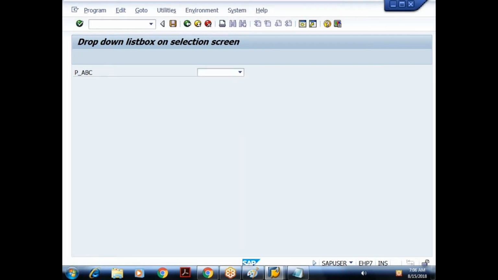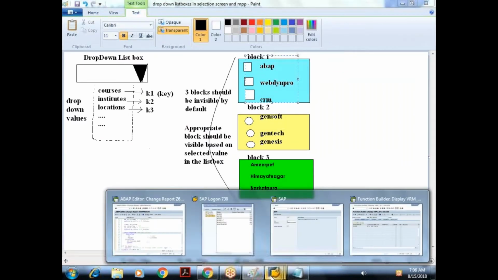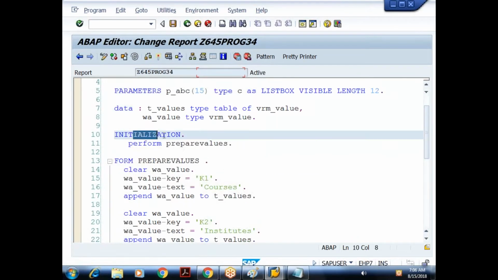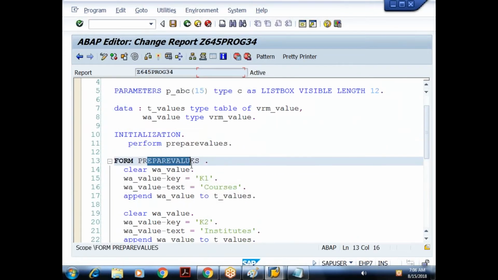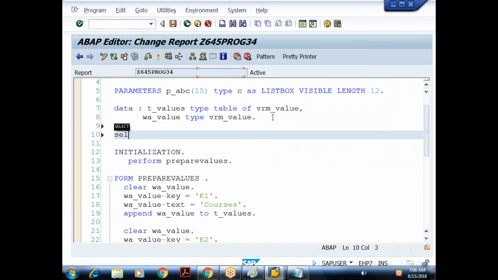This part anyhow we have discussed in the last class also, how to call this particular function module. What are the other elements we require on the selection screen? We require some three blocks. So let me quickly construct the selection screen blocks. First I'll construct block one, which should contain what? Checkboxes. Events are handled where? At the end of the program. Subroutines are defined where? At the end of the program. So somewhere here, I'll create the block.